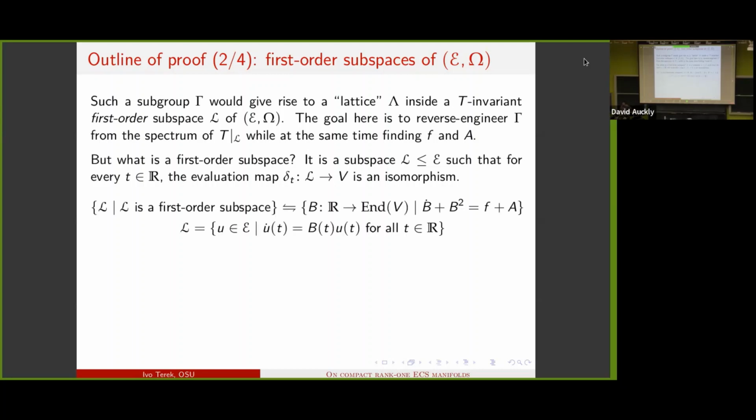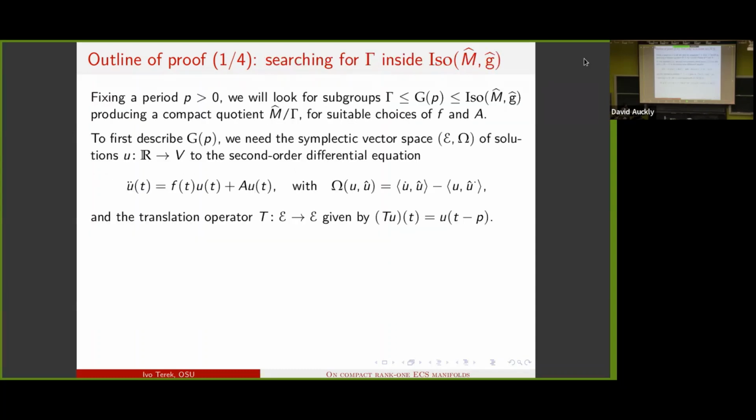It turns out that first-order subspaces, according to this definition, are in correspondence with curves of endomorphisms of V satisfying a certain differential equation. This thing here is just to ensure that the subspaces you're constructing via this formula actually lie inside of E. Like this differential equation is supposed to play with the previous equation U double dot equals F plus A at U, okay? And from this correspondence and the definition of omega that I'll remind you briefly of, it's just